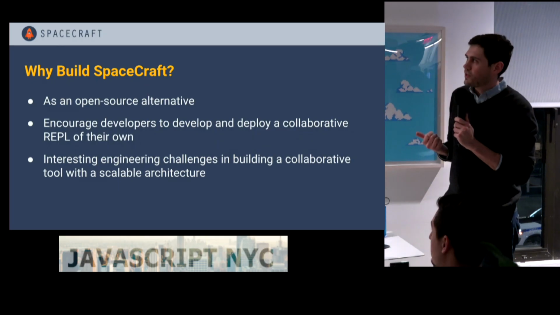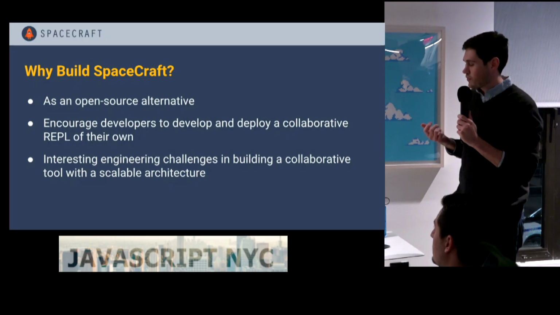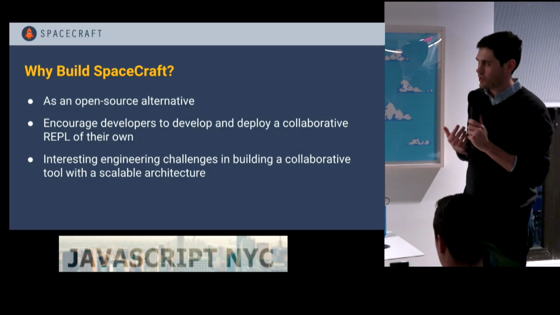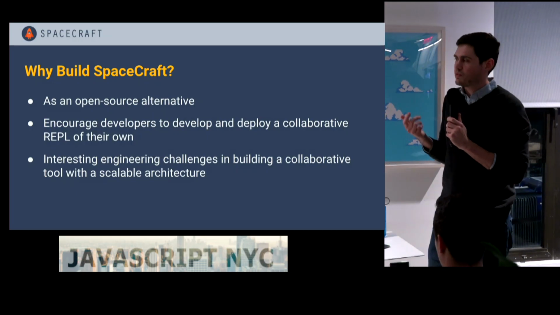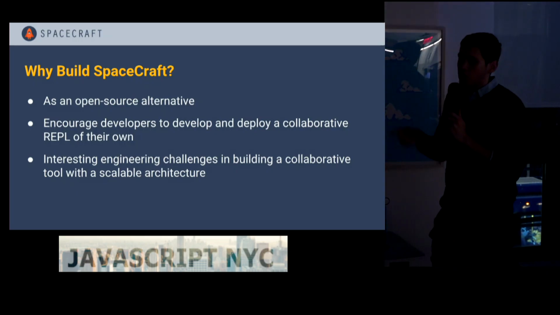And so, like I said, we wanted to make an open source alternative. We wanted to encourage developers to deploy their own version of this if they wanted to, just fork and go with it. But a big reason why we chose to is that once we got interested in this and we saw what went on behind the scenes of building it, the challenges were